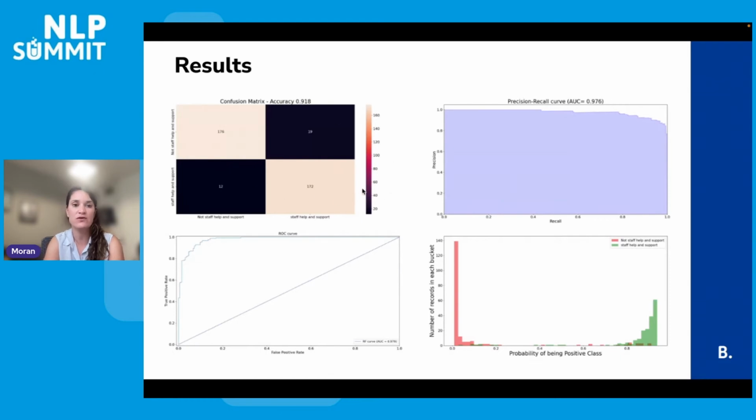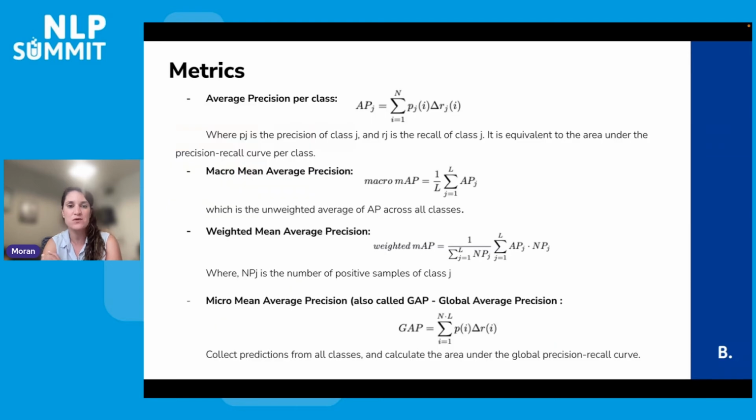We can calculate the confusion matrix, see the accuracy, and calculate the precision and recall curve, the ROC curve, and some plots of the prediction of the model, and see the distribution of the positives and the negatives on these probabilities output of the model. And then we can see what kind of threshold is best for us to differentiate between the positive, the green, and the negatives.